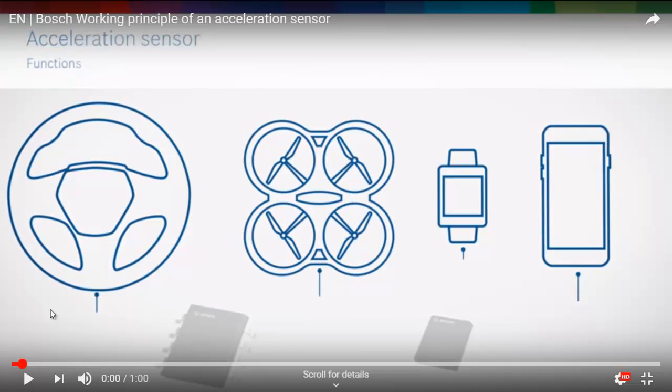Okay, now a concept connected to the accelerometer is the gyroscope concept. And the gyroscope is fabricated with a very similar technology